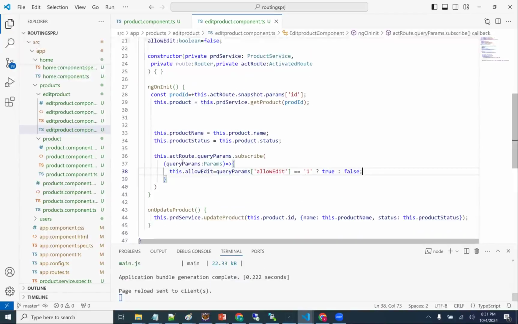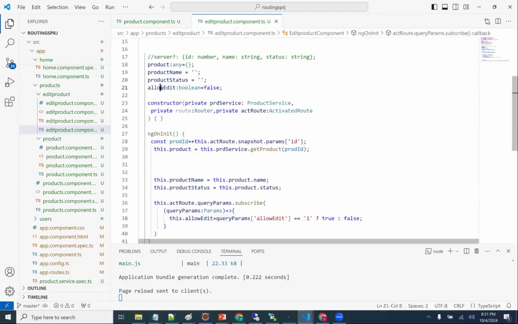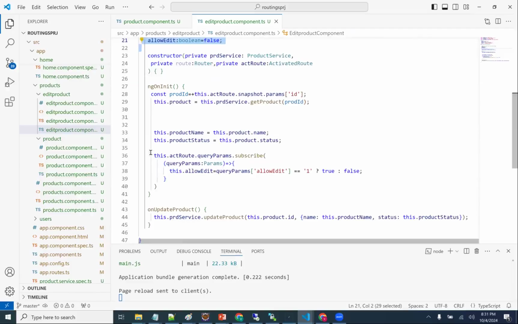So what am I writing in code, sir? Let me explain, sir. Allow edit is a Boolean value I am taking, and I am subscribing to query params. It may change, right? I need to subscribe to query params. This.activatedRoute.queryParams.subscribe.